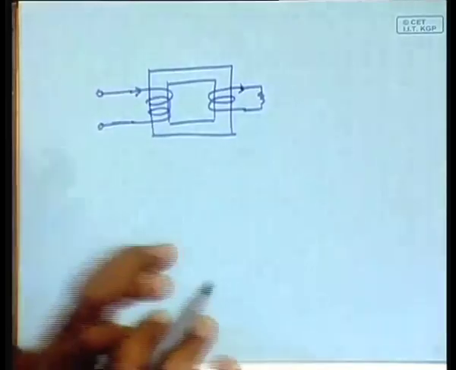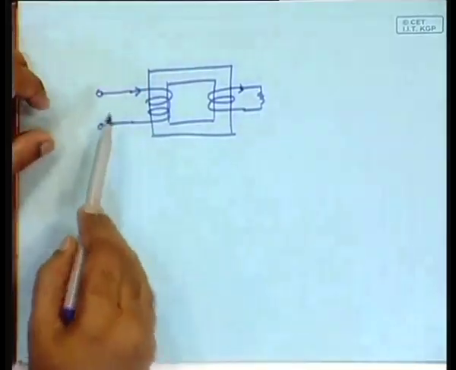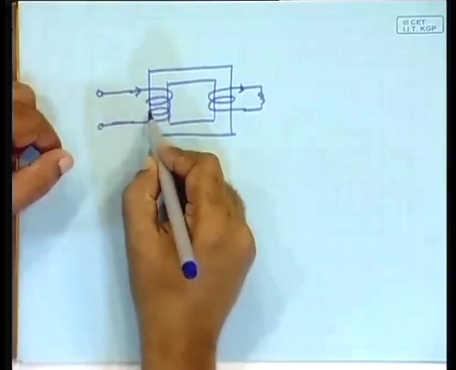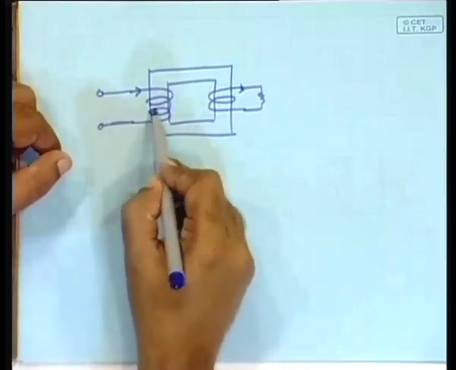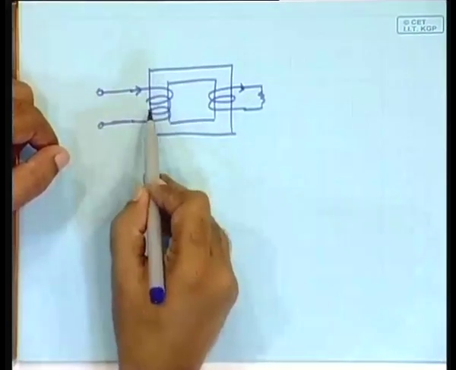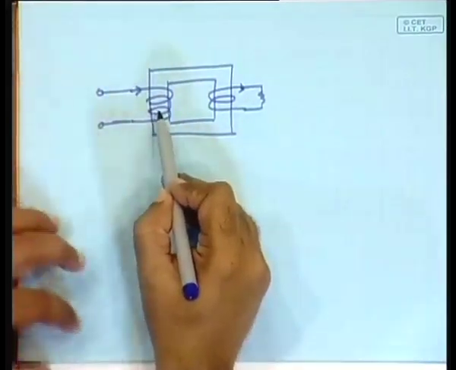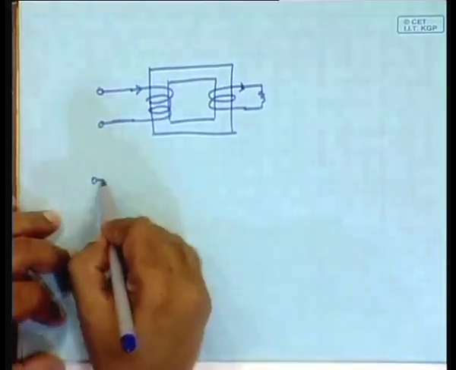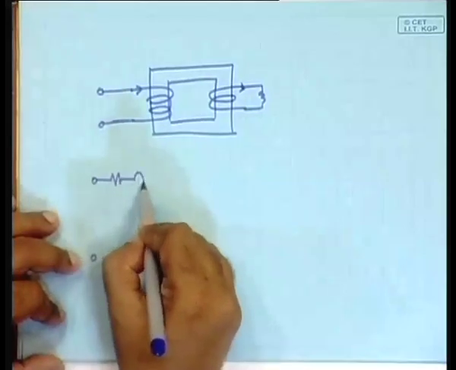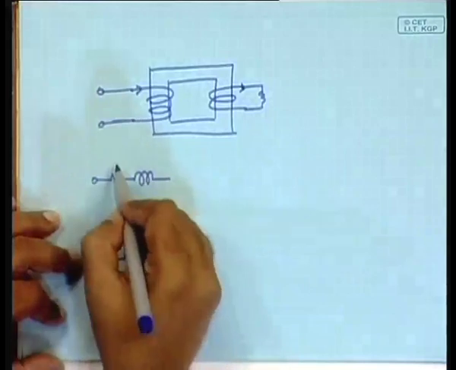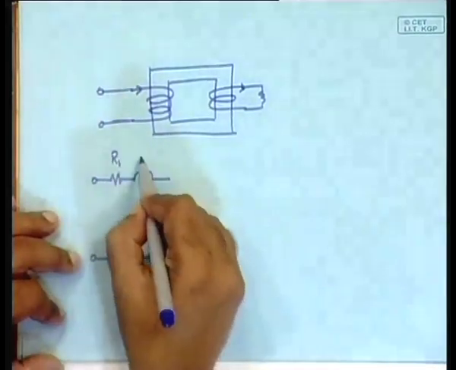and what will I see if I look at it from this end? We will see first there is some kind of a resistance in this winding, there is some kind of an inductance in this winding, in fact this leakage inductance in this winding, and so we will have to start from the supply side, we will have to put in the resistance, we will have to put in the inductance of the stator. So R1 X1,